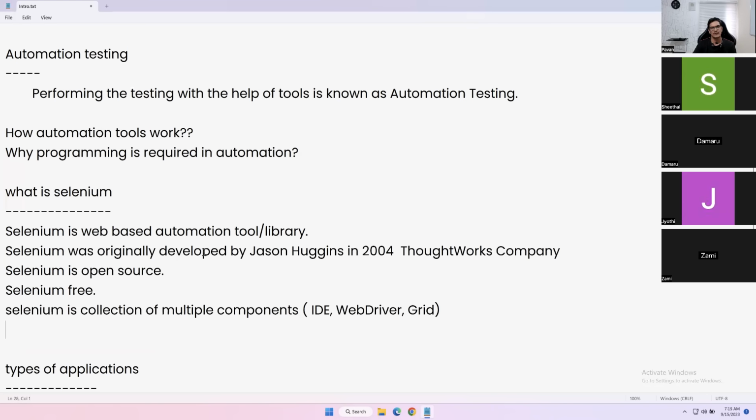Selenium was originally developed by Jason Huggins in 2004 from ThoughtWorks. Actually, this is the name of the developer, Jason Huggins. He's a developer who was working in ThoughtWorks company during 2004. So in this particular time, in the market,